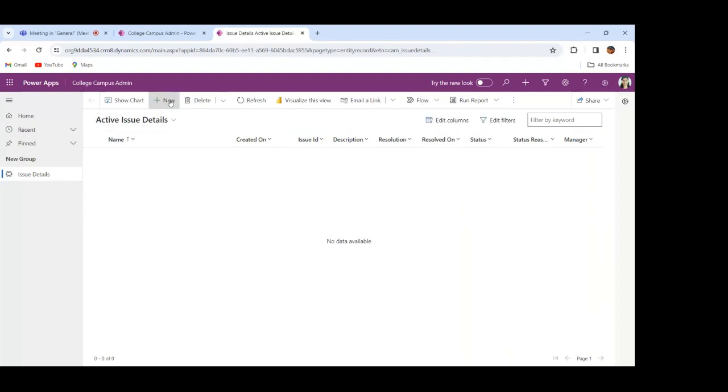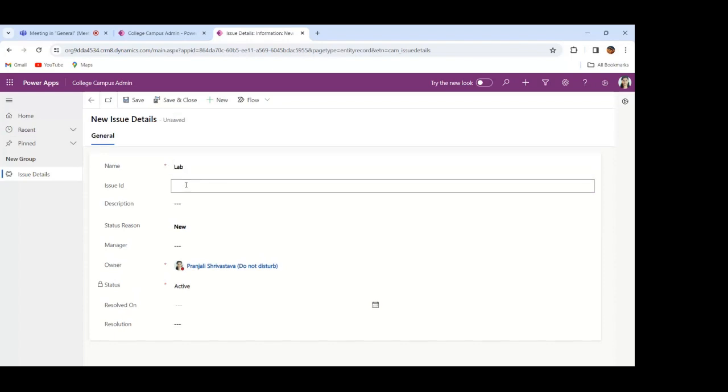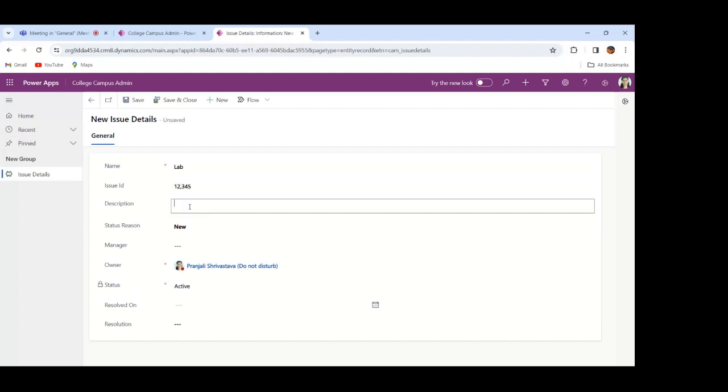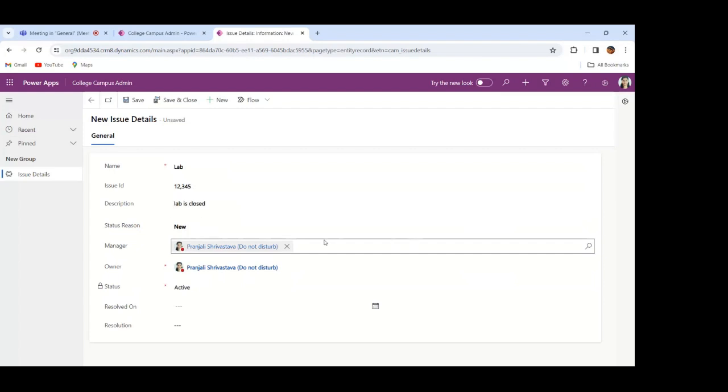So simply click on plus new, and let's give a name as lab. Issue ID, let's give it any random number. Description, you can say lab is closed, and status reason is new. Now for the manager, just type the name present in here. Okay, so for the manager, this was the lookup column, so that's why it was showing all the names available in your organization. And simply click on save,